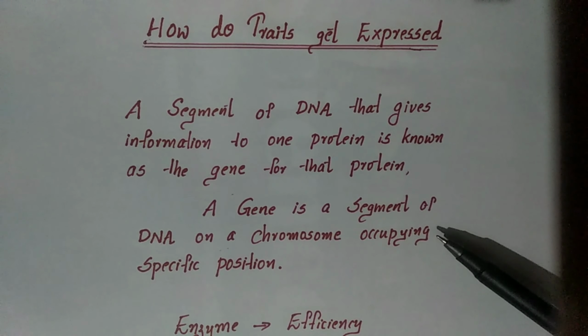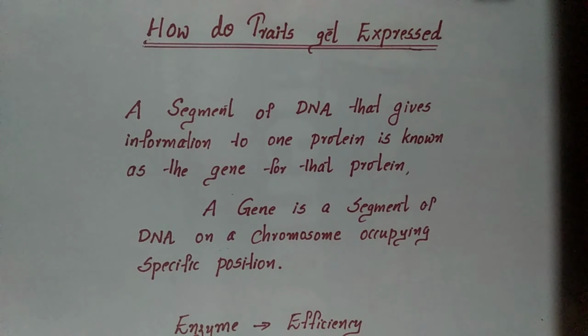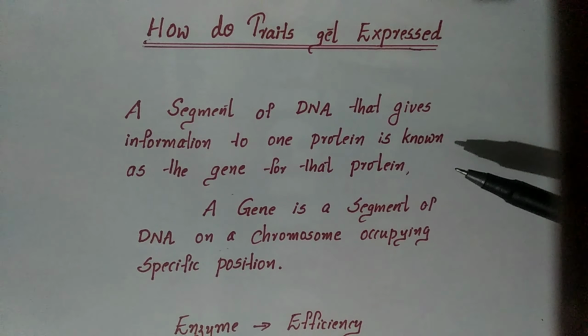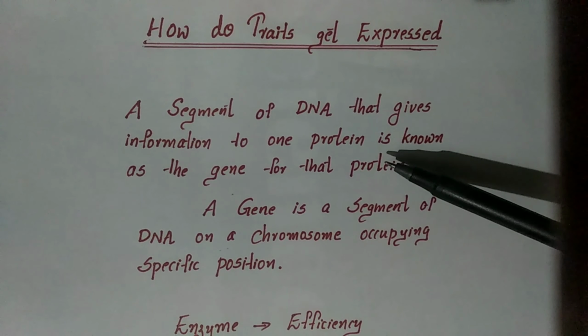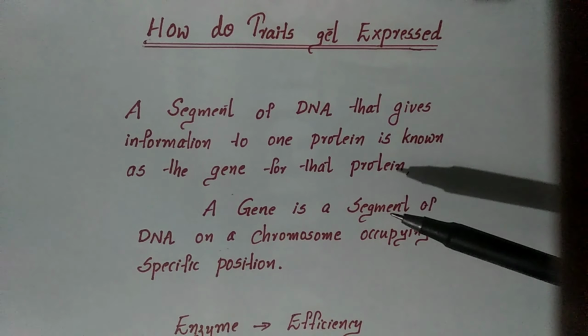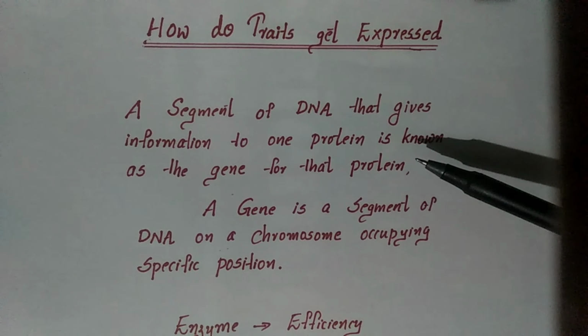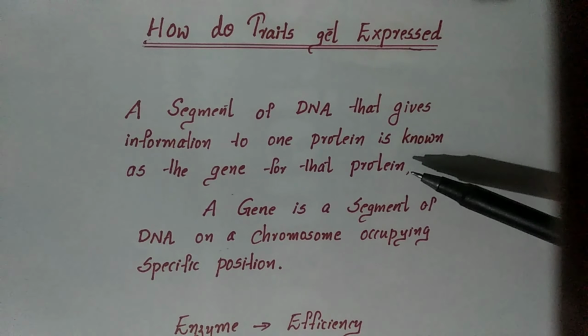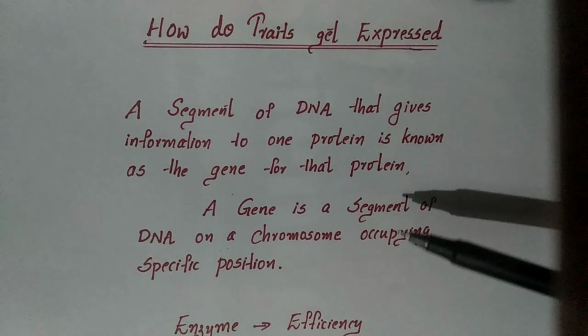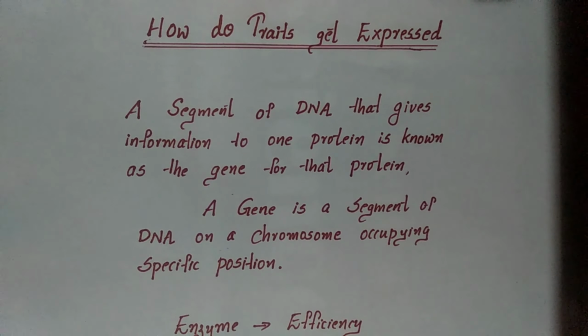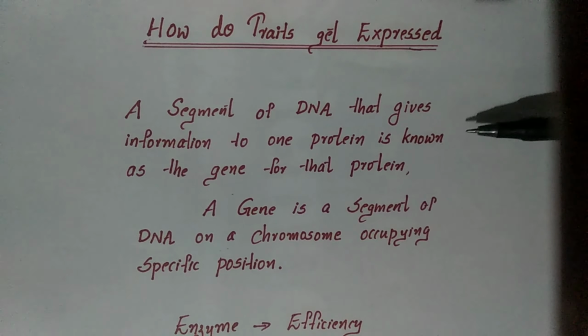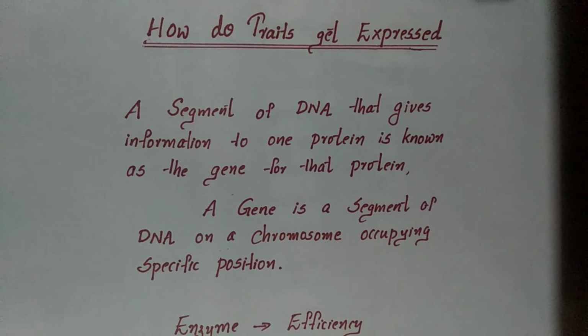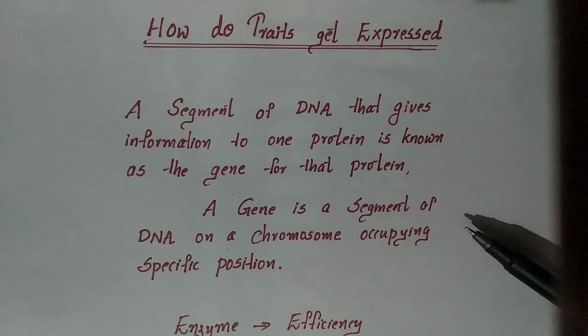So this tallness, which is acting as the dominant trait, is getting expressed because it depends upon the protein efficiency. I told you that it depends. Suppose a particular trait is getting expressed, the protein meant for making that particular gene active is more efficient. So here we can say that in case of monohybrid ratio, this tall trait is acting as dominant character because the protein meant for that tallness is more efficient.